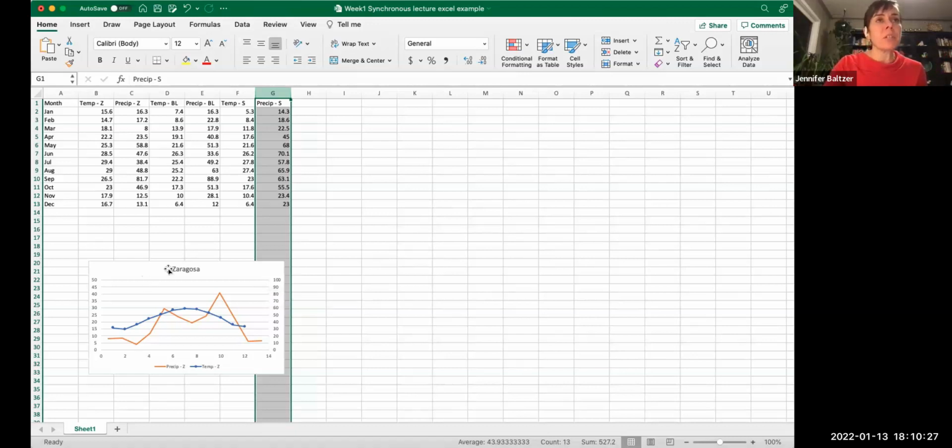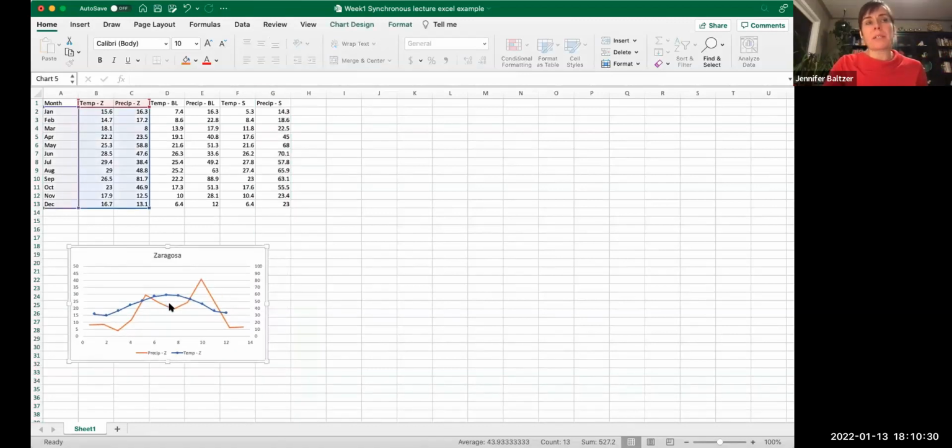Okay, so here we have this made up already for Zaragoza, and we can walk through this, and then I'll show you how to make those graphs again. Our blue line in this case is our temperature, and I think this is opposite to what is in your textbook, but the orange line is precipitation. We have this nice increase in temperature, so some seasonality in temperature going from about 15 to about 30 degrees. So pretty warm place, right? There's no point in the year where temperatures drop below freezing.